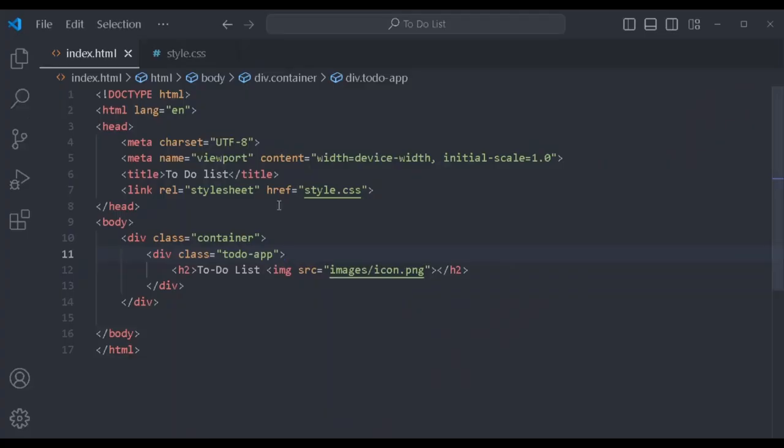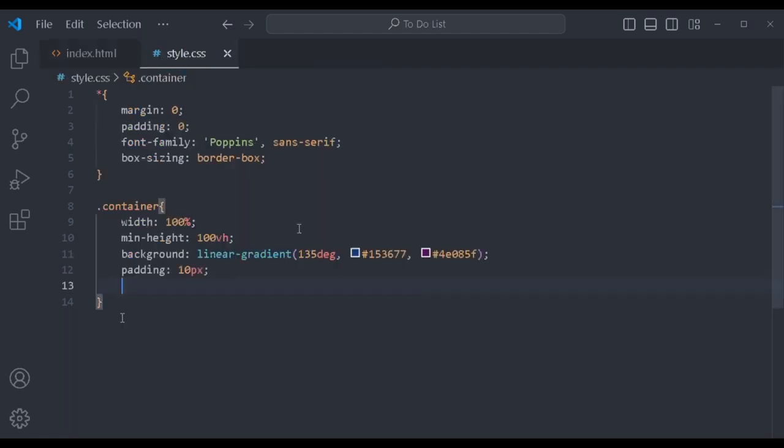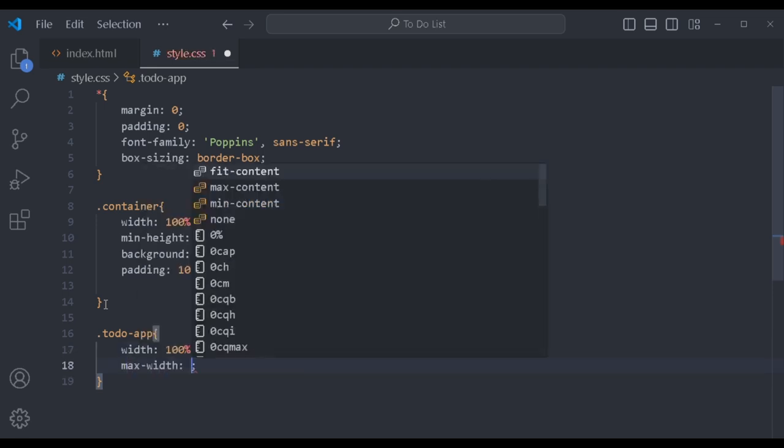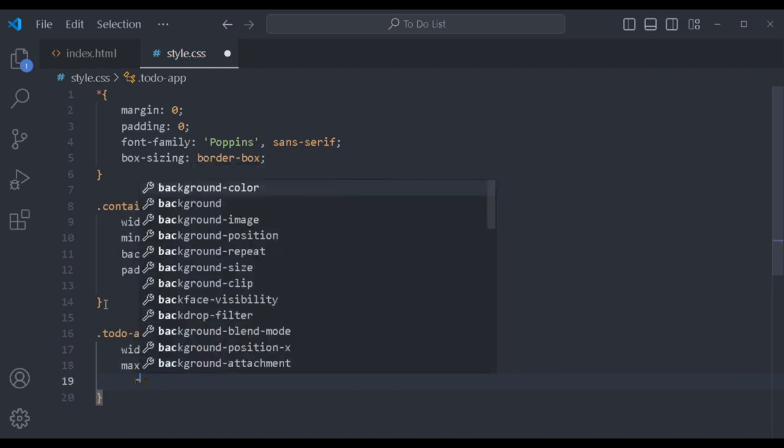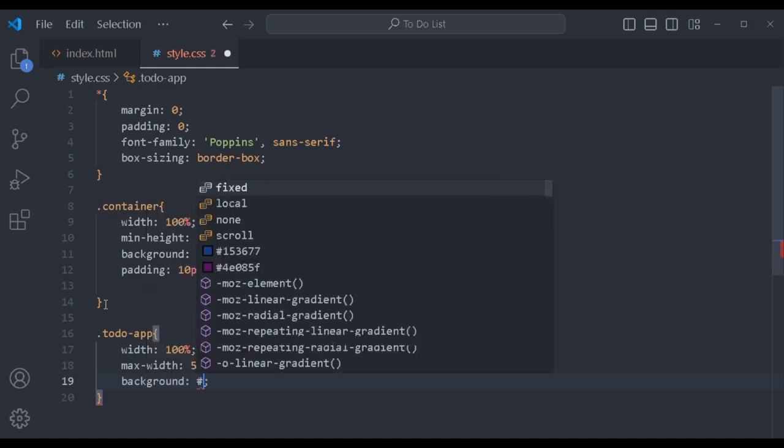Now we have to edit some CSS. Let's copy this todo-app, and we will go to our CSS file. We will edit this class. So first of all we will adjust its width, and width is going to be 100%, and next we will add max width, and max width is going to be something like 540 pixels. Its background is going to be white. For white I will use color code